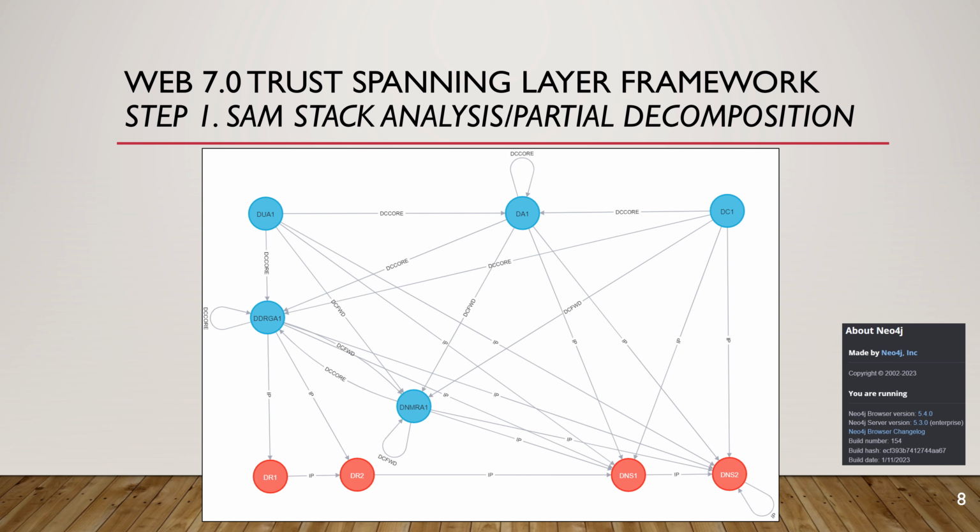Across the top, we have DUA1, which is the DIDComm user agent. In the middle at the top, we have DA1, which is the conventional DIDComm agent. And on the far right, we have the DIDComm client one. Coming down the left side in the middle, there's the DIDComm routing agent, message routing agent. And the one DIDComm agent that's left, the bottom lowest one in the diagram there,